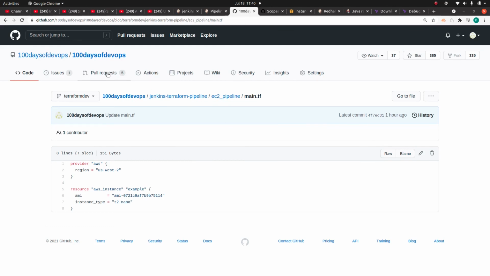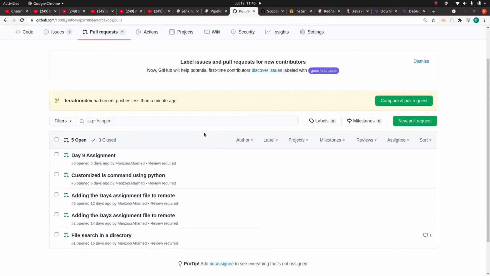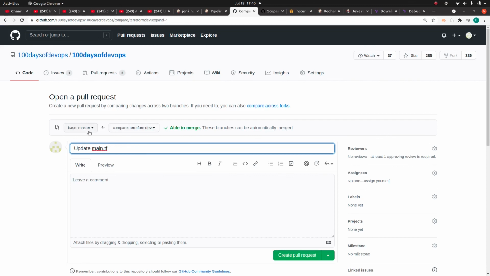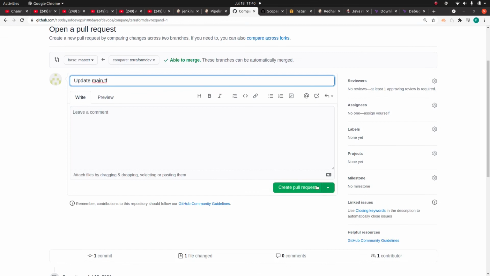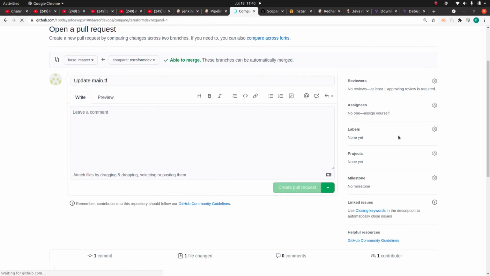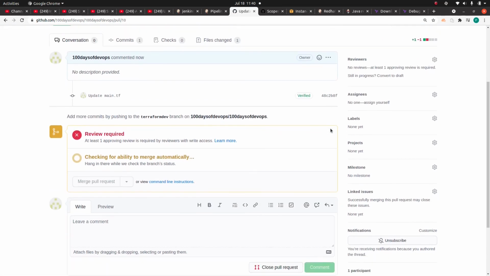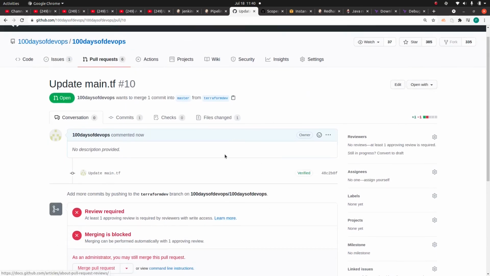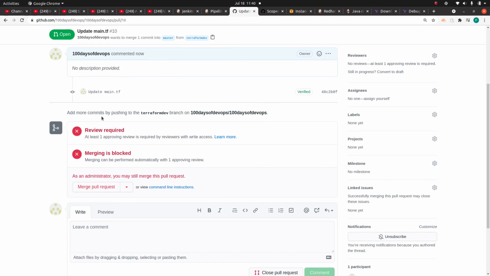Now I can raise a pull request, right? If you see, there is a change between these two branches, and I can create a pull request. And see, I need someone else to review it, and that person needs to merge this pull request.